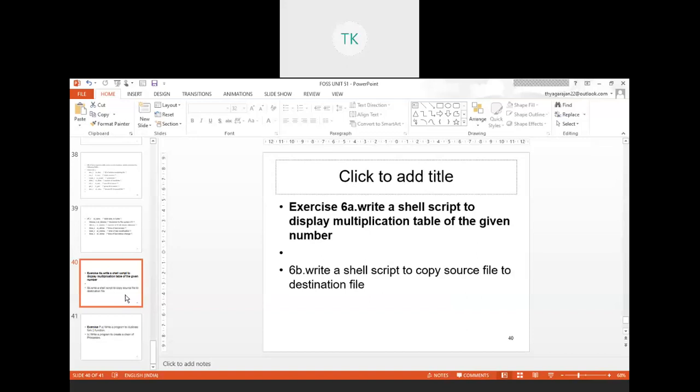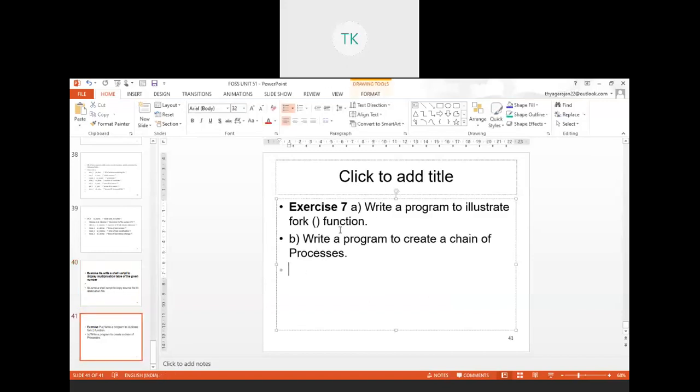So we need to look for an IDE for a Bash shell. Here we are writing a program in C, and we are trying to execute this particular program in the Linux environment, right?